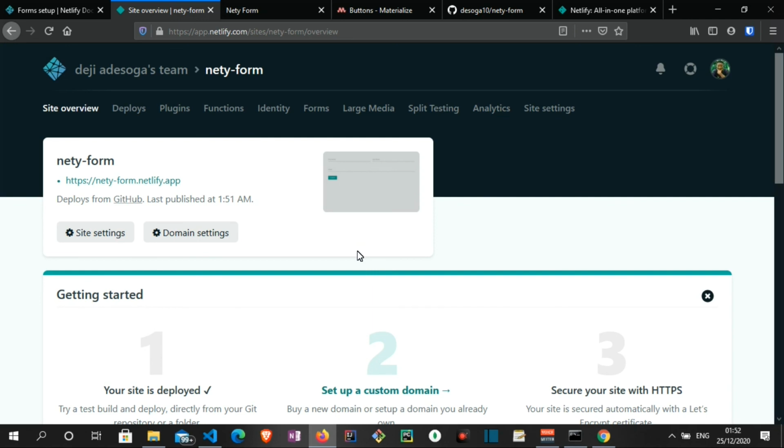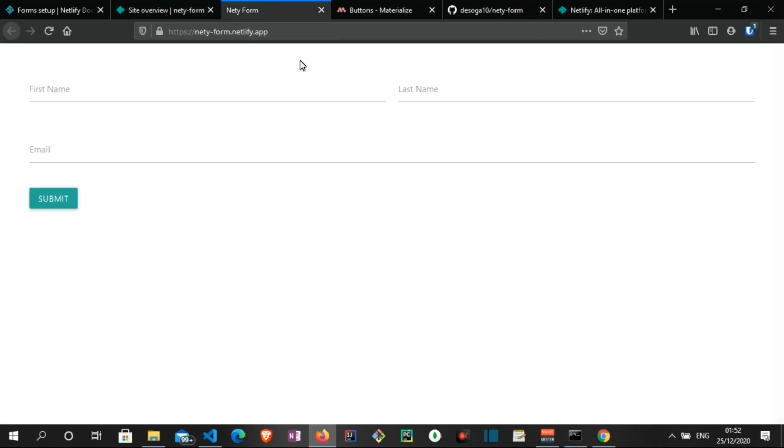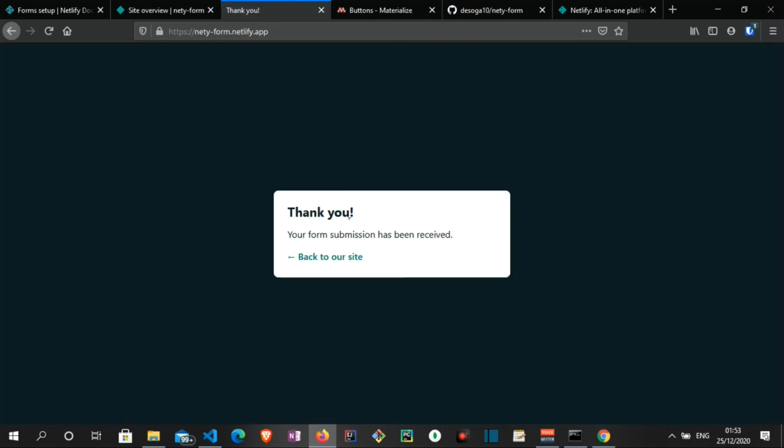With this, we can now test to see if the data is sent to the backend. I'm going to type in the first name, which is Deji. The labels are kind of covering the fields, I'm sorry about that. I should have thought of that before. The last name is Leah Kim, and the email is thecodeangle at gmail.com. Once I click submit, it takes us to a landing page that our form has been